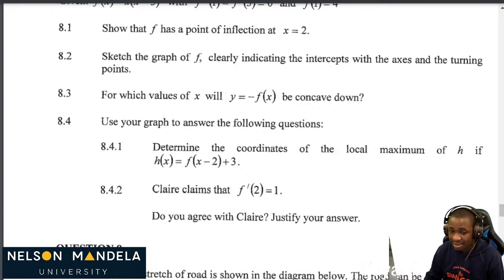That's easy. So when they say it has been translated, it has been shifted 3 units up. So this is our local maximum, guys. Let me just write it. Our local maximum is (1, 4). That was our local maximum of f. So now let's look at h of x, which is equal to f(x minus 2) plus 3,